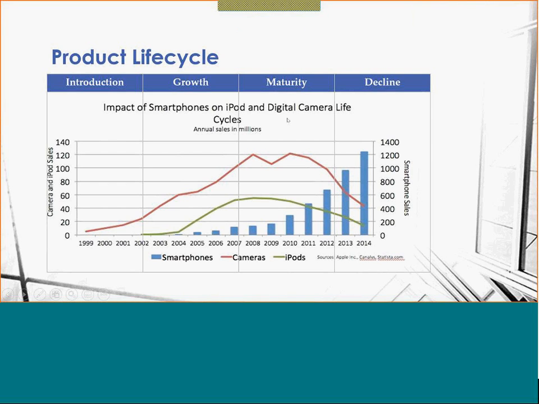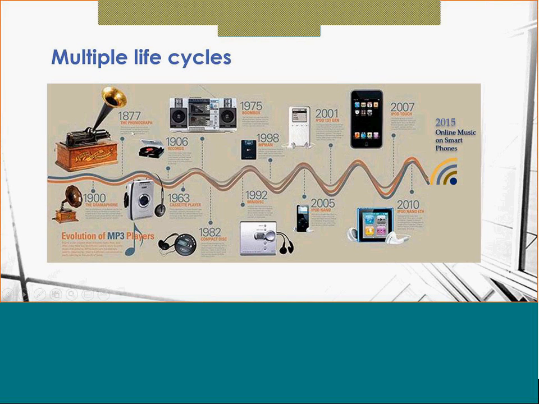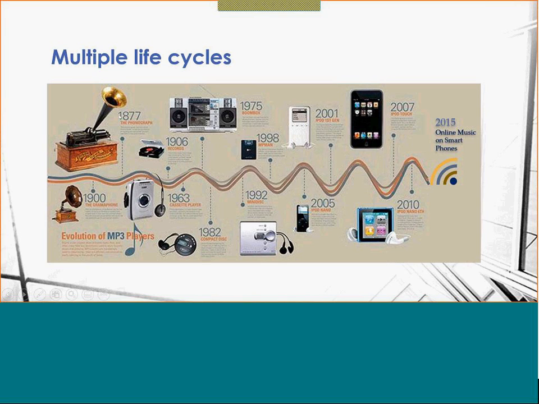Now let's look at another example: a cycle of multiple life cycles. A life cycle starts, it stops, then the product reinvents itself and starts as a new product, on and off. We had the phonograph in 1877. This was introduced for music, and the player was a phonograph. Then it evolved. This cycle of the phonograph came down,